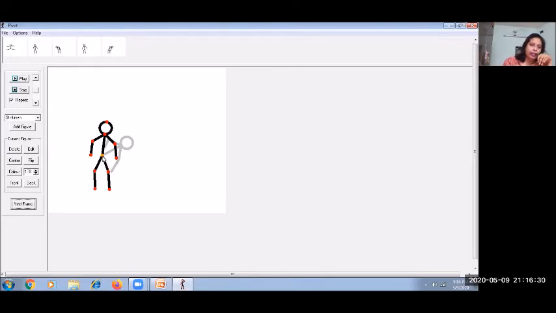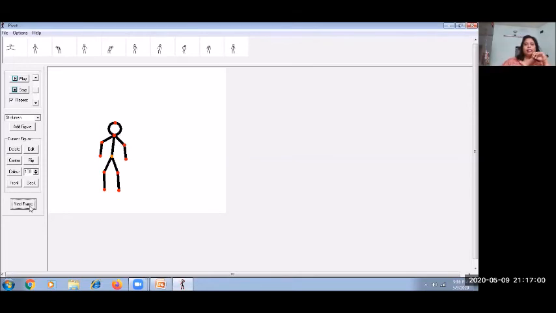Now let it move a little bit, and let this position move like this.